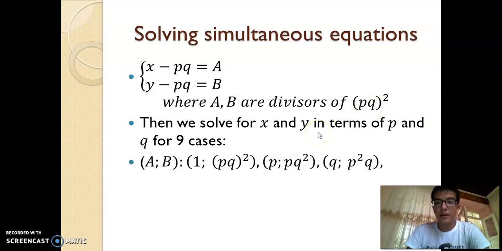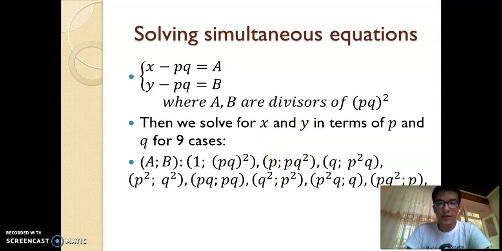Then since it's p squared multiplied by q squared, we can find the number of divisors according to computations, and they are 3 multiplied by 3, which gives us 9 cases. And we find out for each case what a and b are equal to. Here I stated all of them, 9 cases, and then it's easy to solve the simultaneous equation because x and y equal a plus pq and b plus pq,